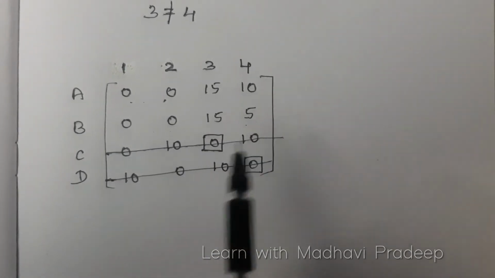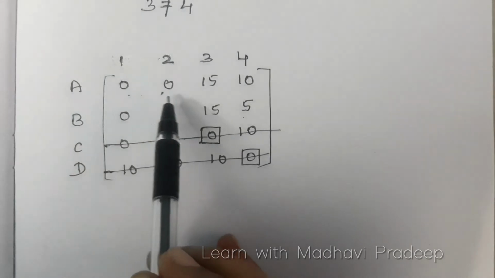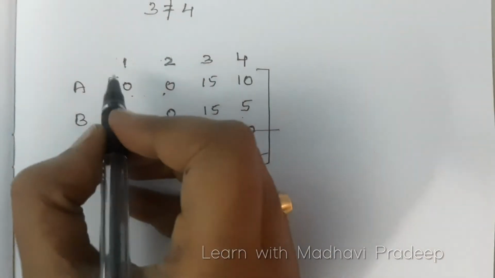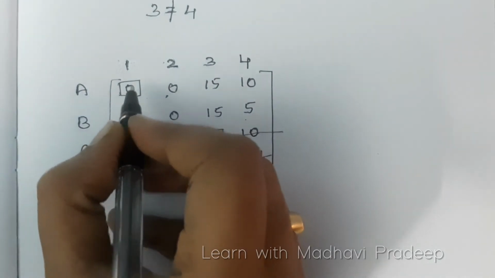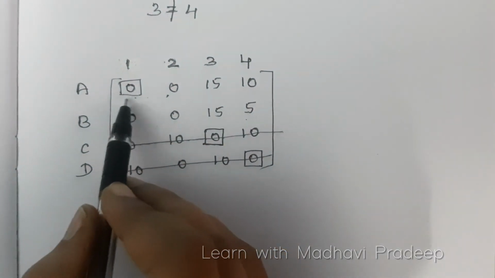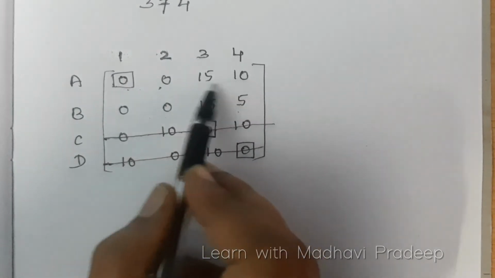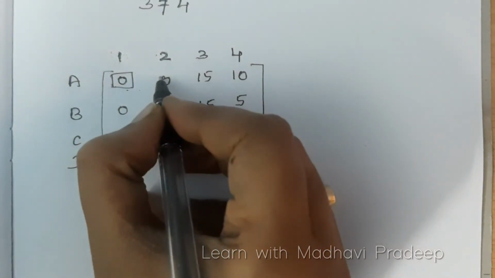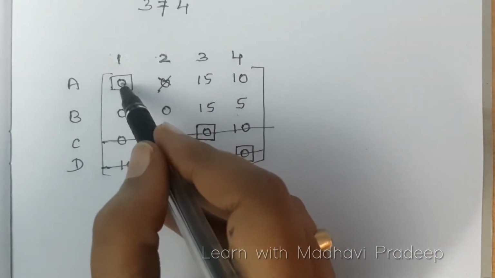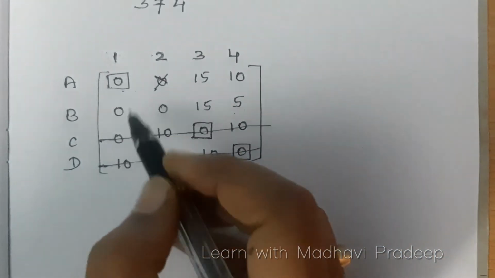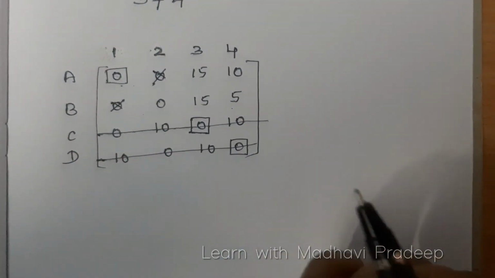So what does the diagonal method mean? Now see, in the first row it has to be allocated now, 1 zero. Now I am allocating this. If I allocate this zero, on the horizontal side, that means in that particular row, if you have any other zero, just cancel that zero. And the same thing towards the vertical side: if you have any other zero, just cancel that zero. You cannot allocate it.